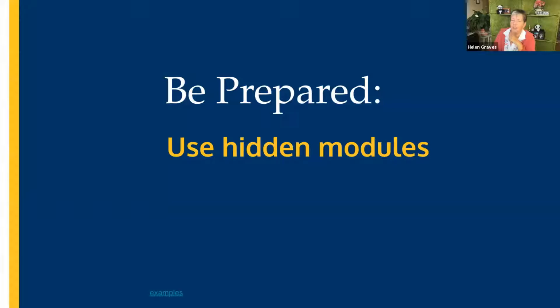The next thing I like to talk about, one of my favorites, is what I call hidden modules. That's a module that is unpublished, so you can see it in the course. It can have things like notes and other things related to the course, but it's not stuff you want students to have access to. For example, it might be a list of the things you want to fix for next term, or it might be your branding colors, the 6-digit hexadecimal code for your branding colors, or the font that you chose to use for your branding. You might even have a list of frequently used feedback comments.